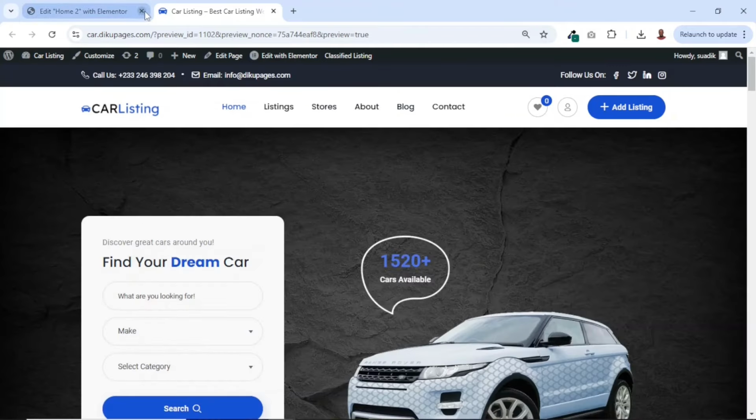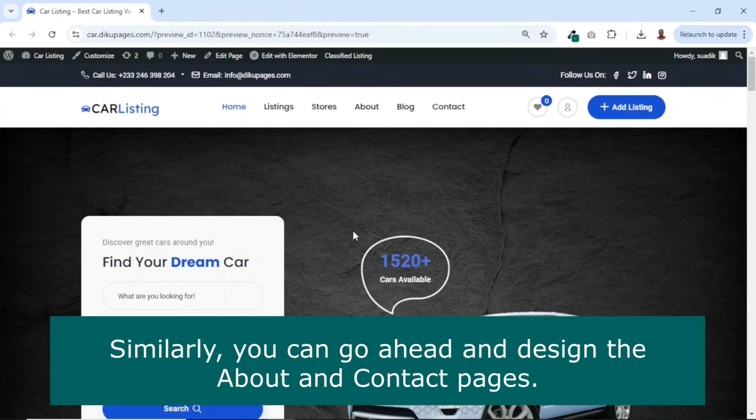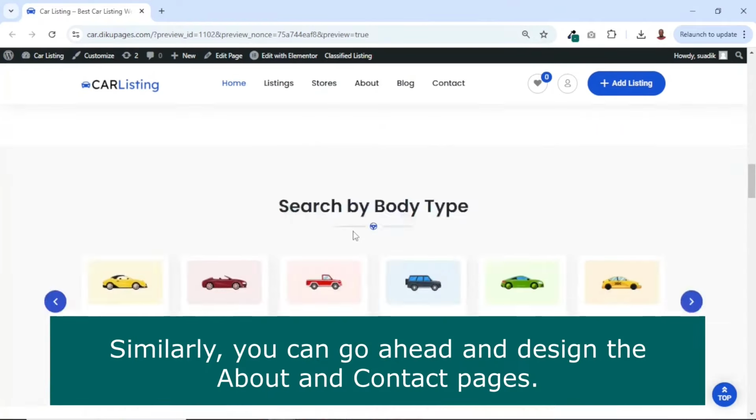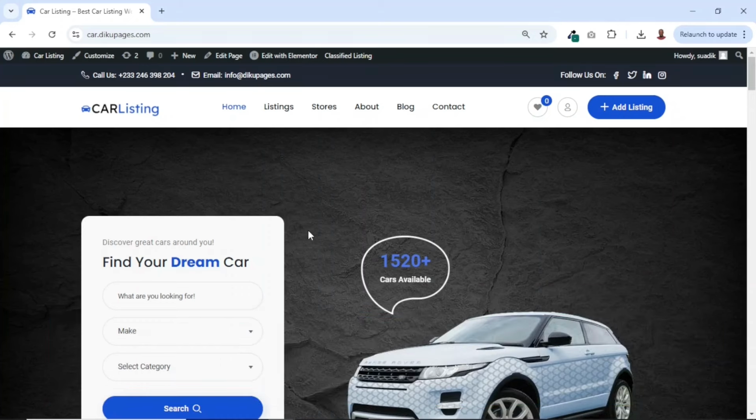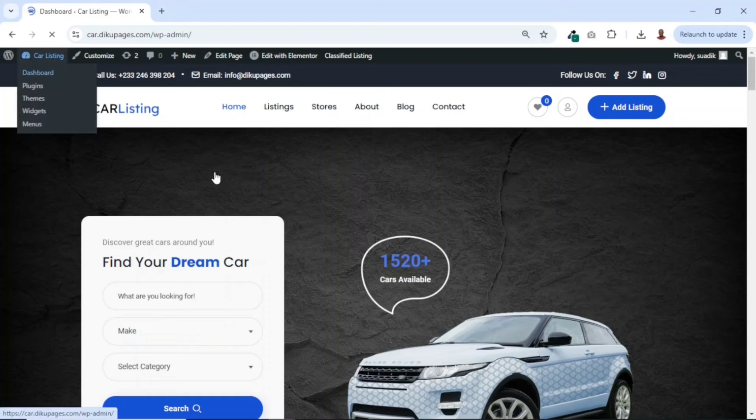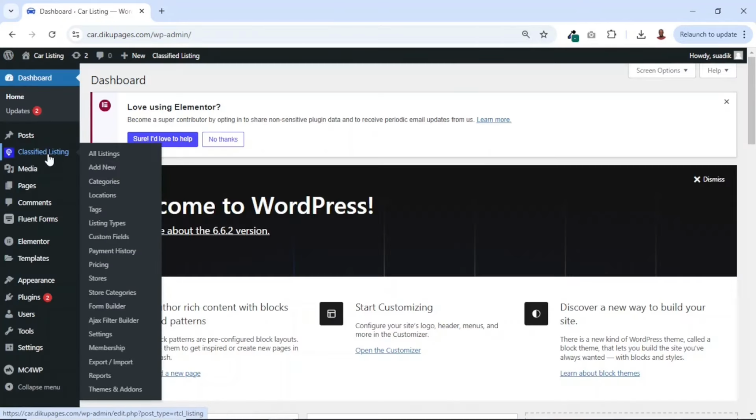I can exit from here. And now we are done with the design of our home page. Now that we are done designing the pages of our website, the next thing we want to do is perform some settings, that is general settings, that will allow our user to seamlessly add their listings so that they can attract customers. To do that, I go to the back end of my website, then I'll go over to classified